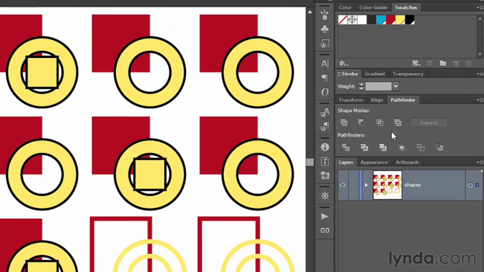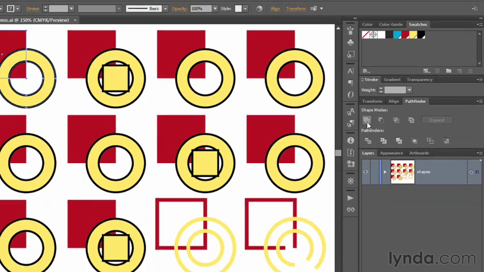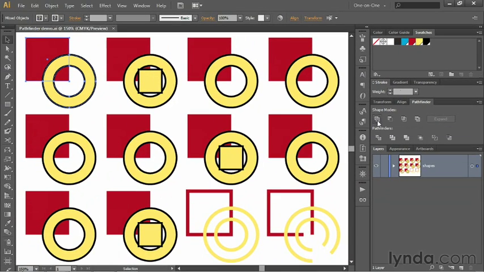Now, the 10 Pathfinder operations are organized into 4 shape modes, all of which are really great, very useful, and 6 Pathfinders down here, a couple of which are pretty darn useful, and the rest of which I never use, I have to admit. All right, so we'll start things off with Unite, which goes ahead and merges the shapes